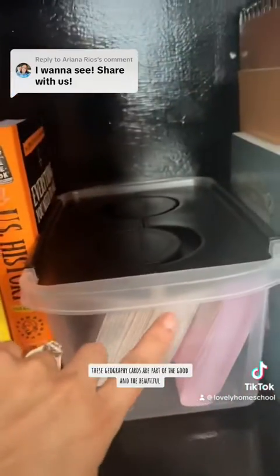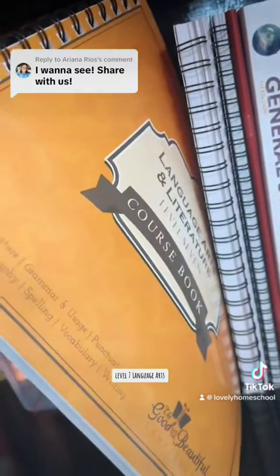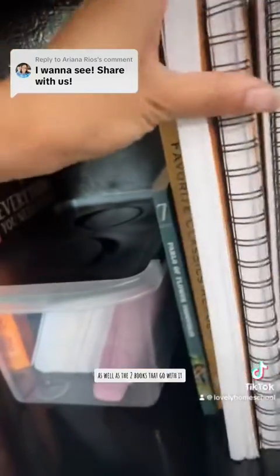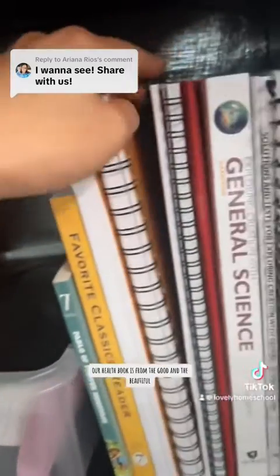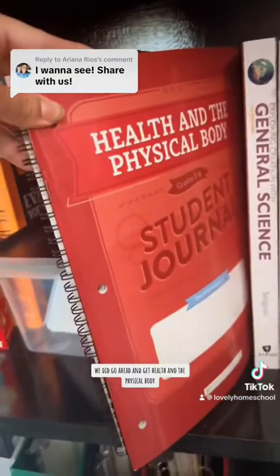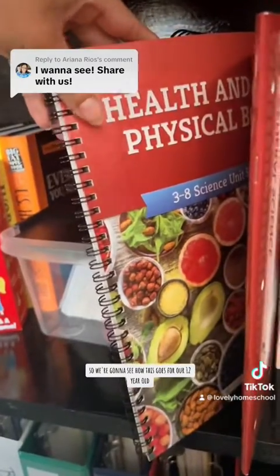These geography cards are part of the Good and the Beautiful Level 7 Language Arts. This is the course book and this is the companion, as well as the 2 books that go with it. Our health book is from the Good and the Beautiful. We did go ahead and get health and the physical body, so we're gonna see how this goes for our